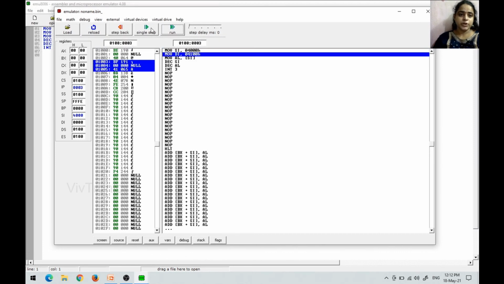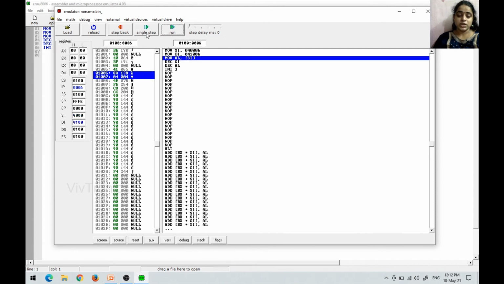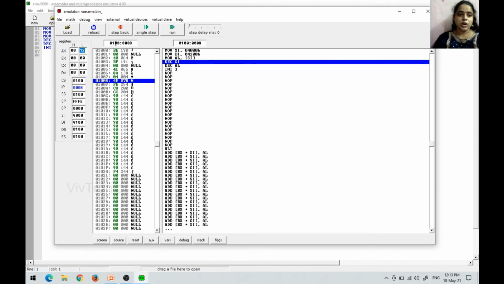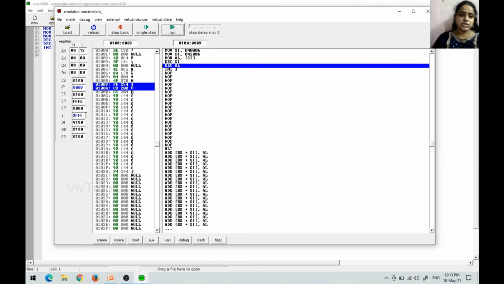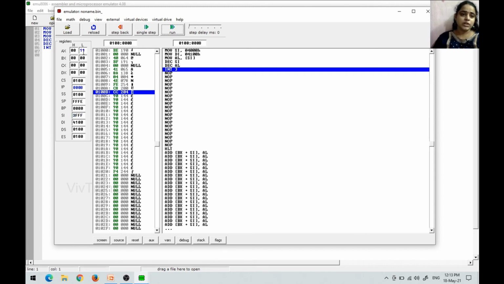SI is pointed at the 4000 memory location, and this instruction, MOV DI, 4100, is unnecessary because we are not using the DI register. MOV AL, content of SI, now 12 is copied to the AL register. Decrement SI, so SI is at 3FFF. Decrement AL, the content of the AL register is also decremented here.